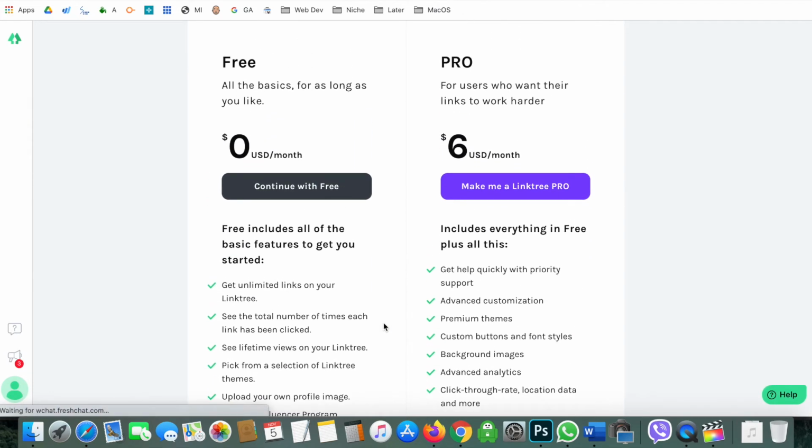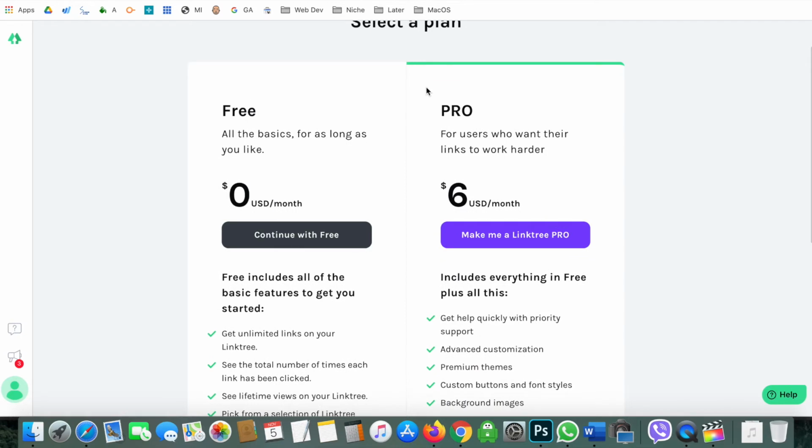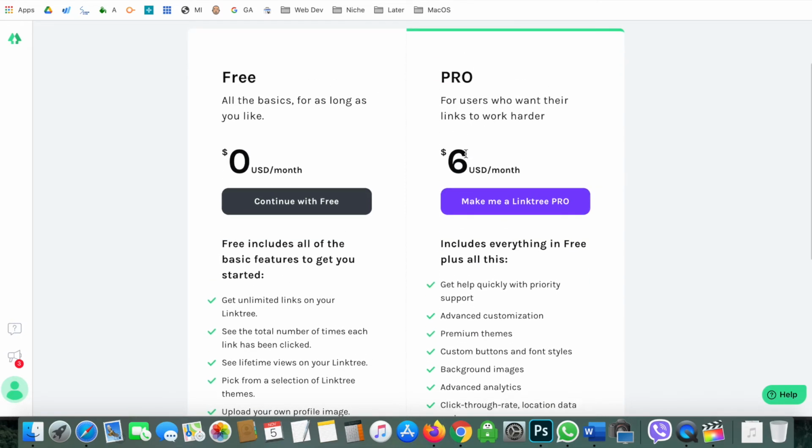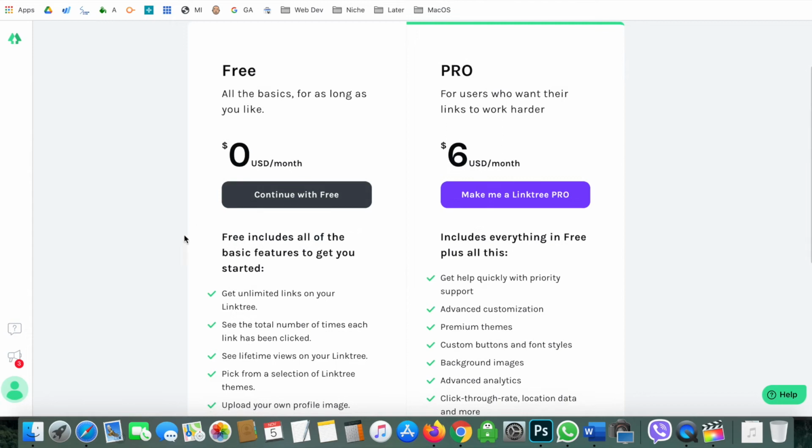Okay, so now these options are coming. So what you get for free, what you get for pro. Okay, so $6 for 1 month. If you like to pay $6 from the beginning, it's okay, but you can always start with free and then upgrade to the pro plan.